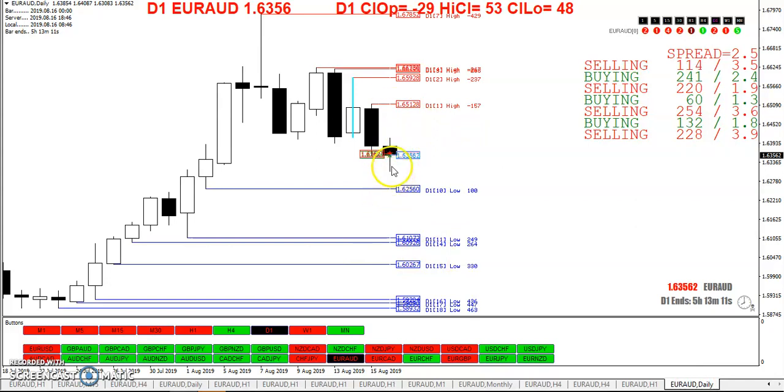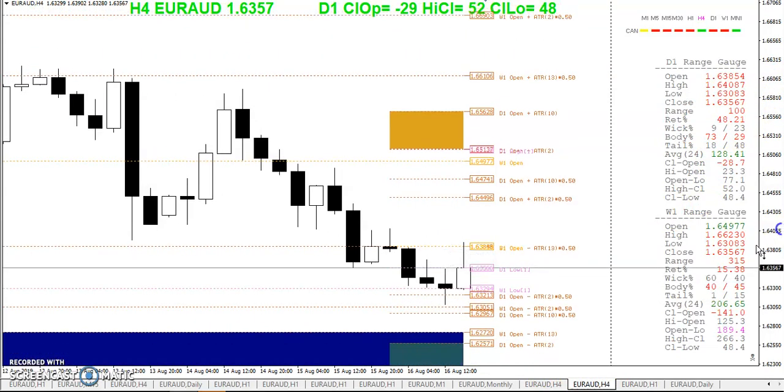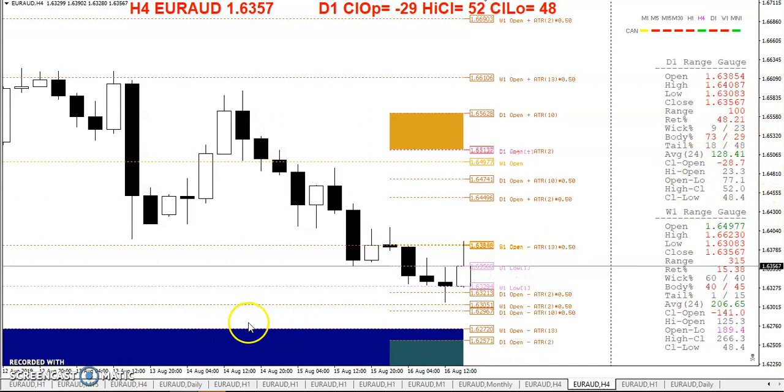Seeing where there's highs and lows to be taken out. And at the open lines for Tokyo, Australia, right here you see a reversal right around that open. On the range, week 315, and for the day 100. And you can see where price went in relation. Once again, ATR plus or minus 50. I'm sorry, the open plus or minus 50% of the minimum and maximum, giving us our A2R zones, and here the targets,